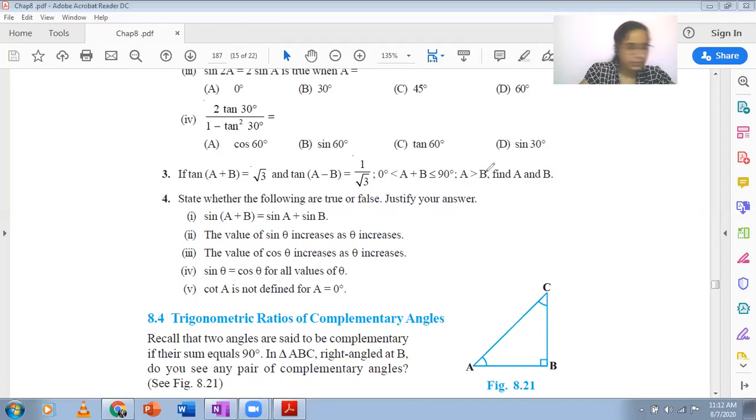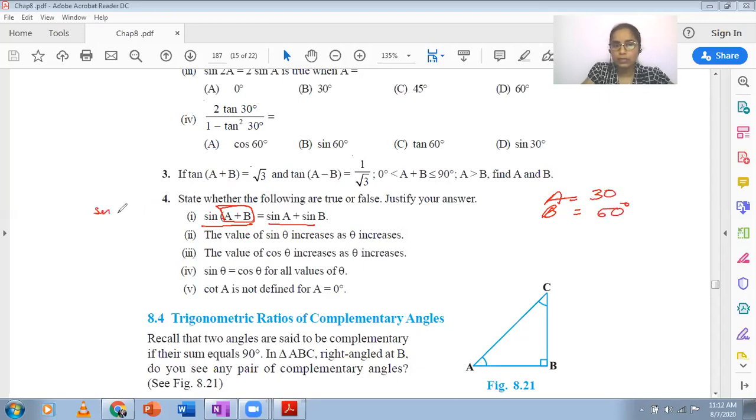In general, this actually is a formula you will be studying in higher classes. For the sine of the sum of two angles, the answer is different, it is not this. It's actually a formula. So as of now, you could know that this is incorrect, but if we have to check, we could take the values for A and B on our own. Assume any two values, take one as 30 and one as 60, and then try to solve.